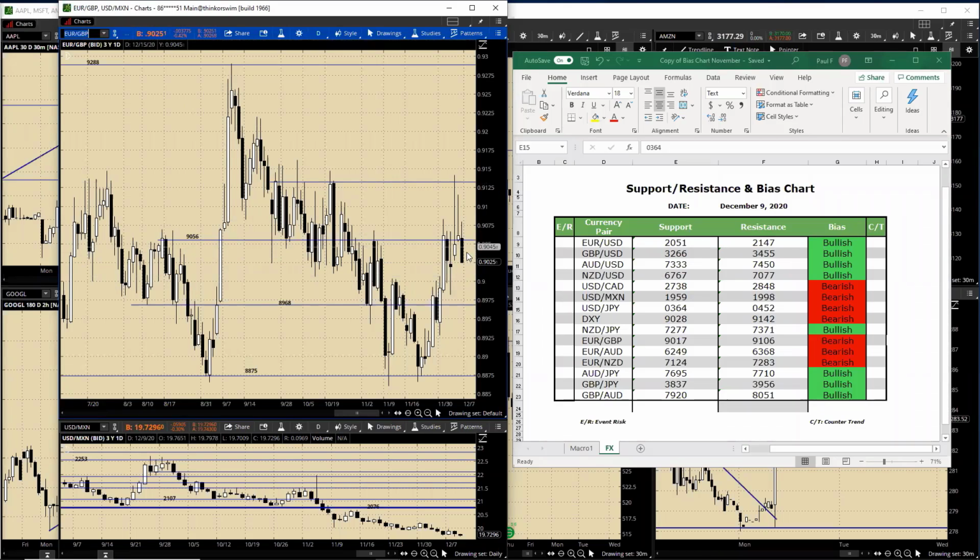Yeah, it's been all over the place with these Brexit talks. The resistance we had previously was 91.06. I still like that 91.06. High for the day was basically 90.80, but I still like that 91.06. And on the downside, we had 90.17. Yeah, we'll stick with that. We'll stick with the 90.17 on the downside too. And that's coming right there. Actually, if you went with this body,